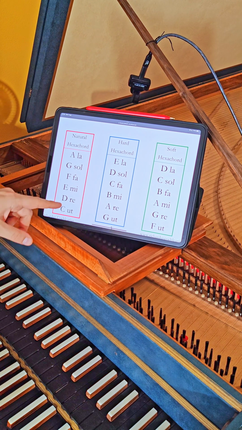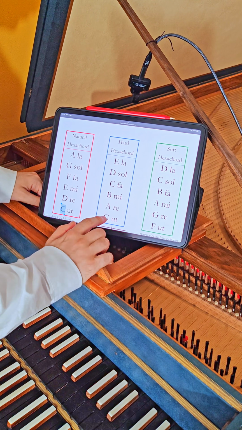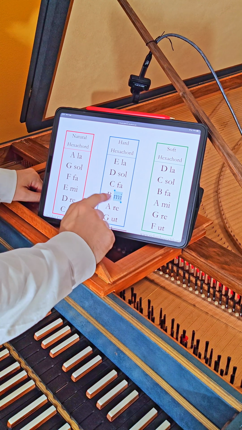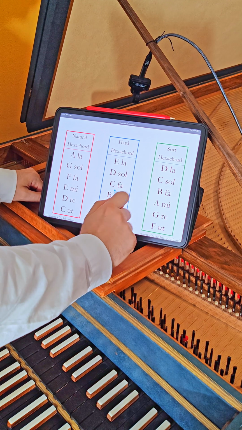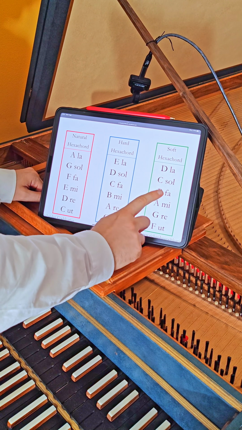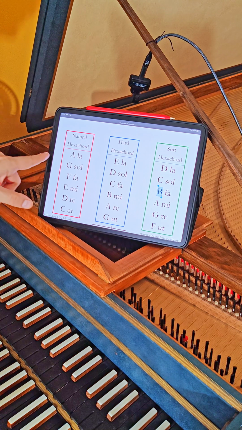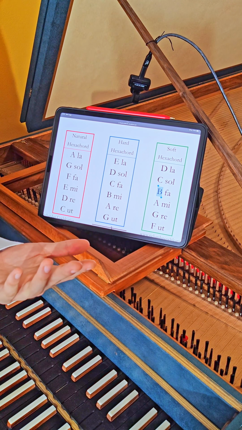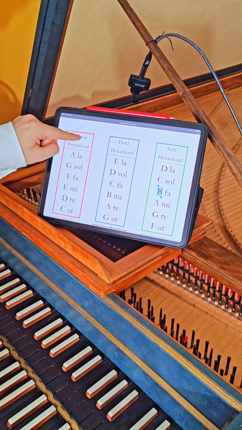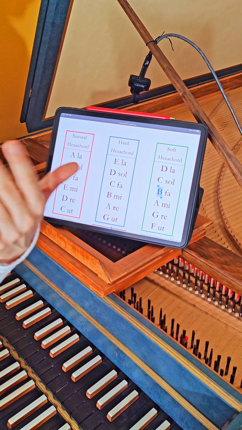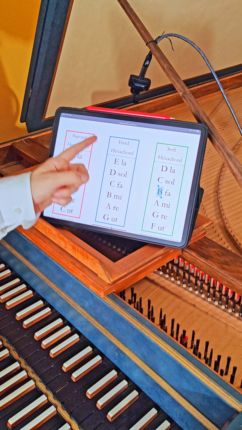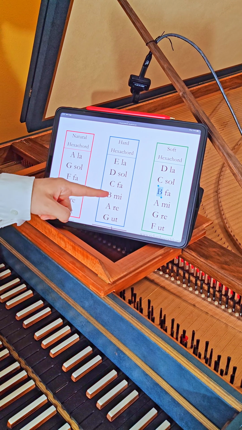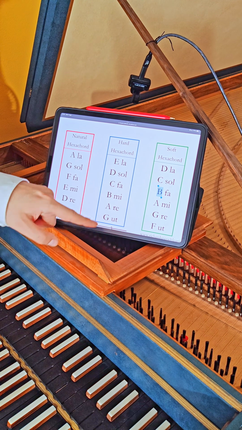So the difference is the relationship between C, G, and F, and the fact that here you can sing with B hard, here you can sing with B mollis, B durum, B mollis. This is the difference, and in the natural hexachord you won't have any problem about B. So you don't have the problem, because when you arrive here, la, fa, la, you have to choose if you put the B flat for the fa super la, or if to change into the hard hexachord with ut re mi fa sol, re mi fa la, re mi fa.